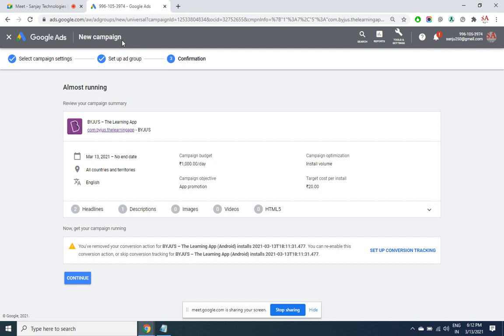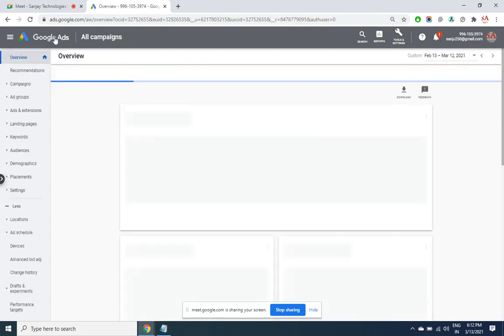Then targeting the region, targeting the audience, targeting the keywords. Only the structure, the user interface will be different. The same thing in Facebook is called pixel. What is here Google AdWords, there it is Facebook pixel. So in the next class you'll be seeing Facebook. Let us see the next campaign.